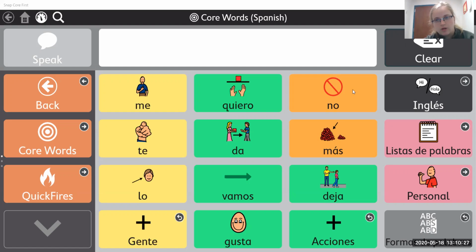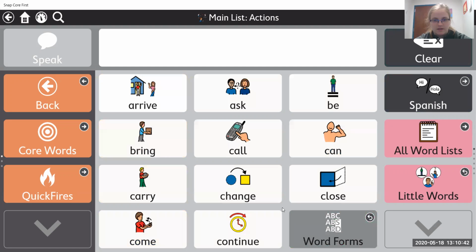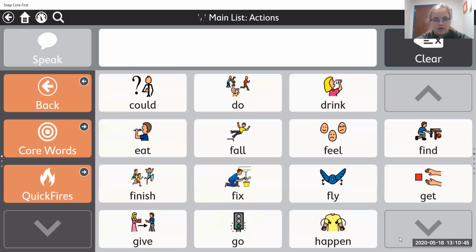So the first one that I want to talk about is I'm all done. For this one, on this particular page set, you might have to go and find it.